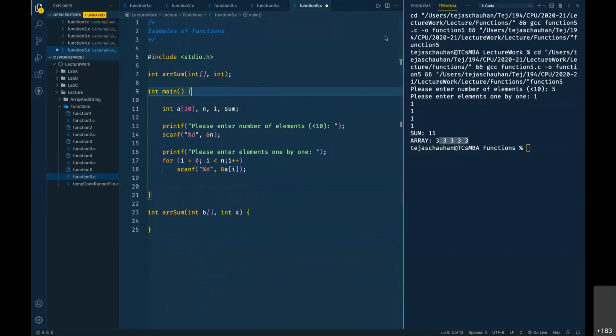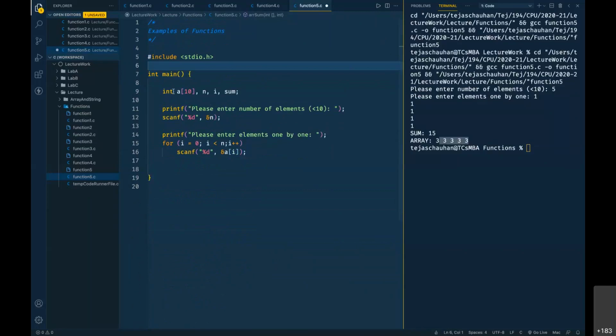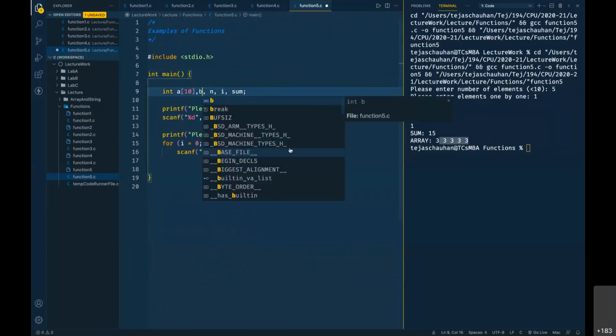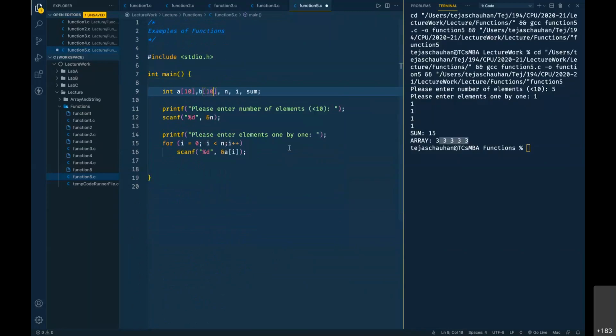Let's say you want to get 2 arrays from the user. You want to take 2 arrays from the user. Array A of 10 and let's say array B of 10. That is the maximum size. But we are going to ask the user to enter the number of elements for A and the number of elements for B.